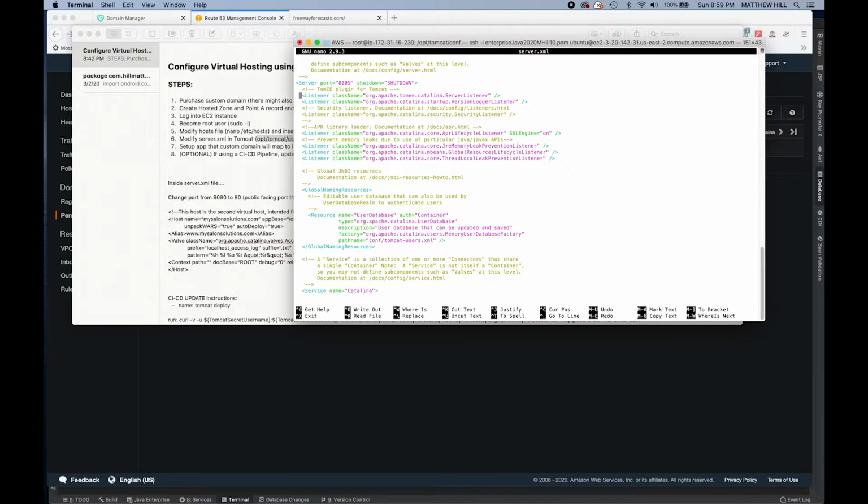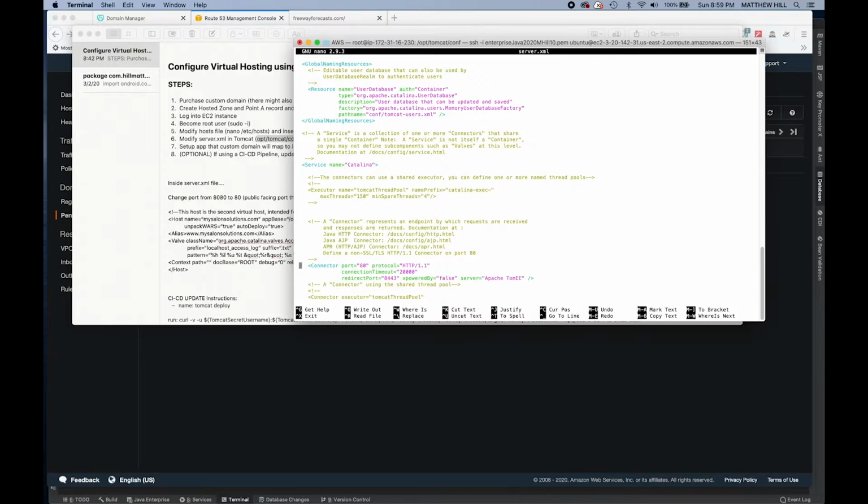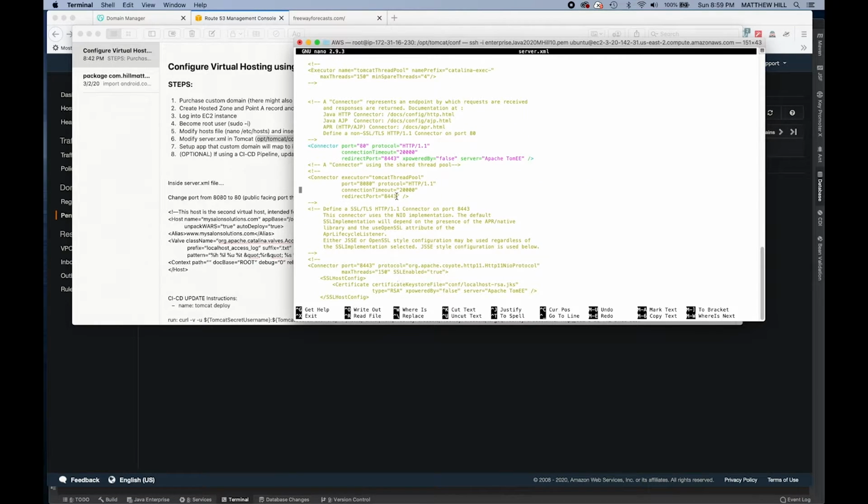You're going to want to make sure that your service name, Catalina, is consistent all the way down, through your engine and so on. We'll get to that in a sec. But your connector port probably looks a little something like that. What you want to do is just drop it down to port 80. Port 80 is a public-facing port. And the nice thing about port 80 is that it allows traffic to it without requiring that the port number